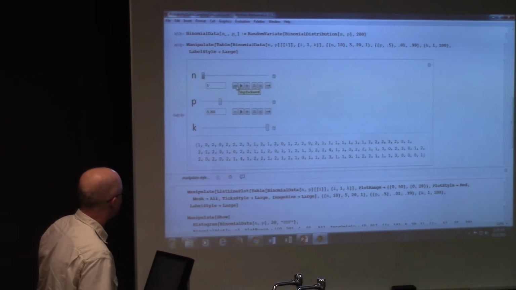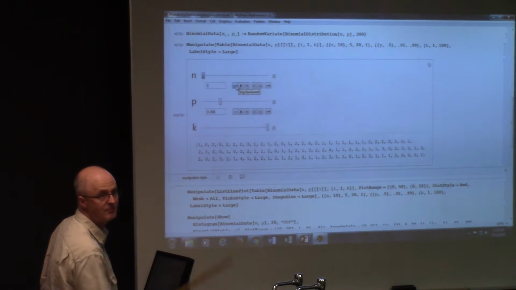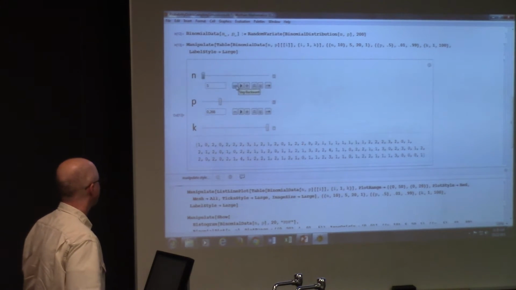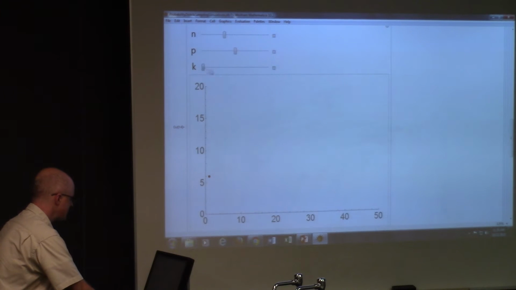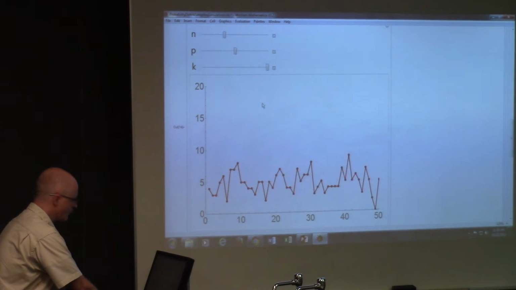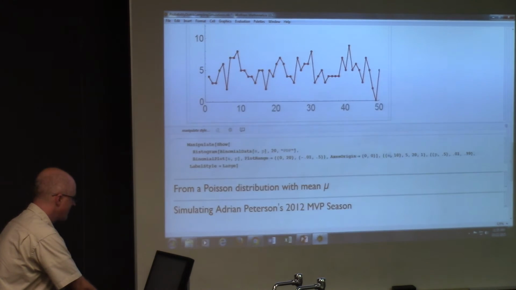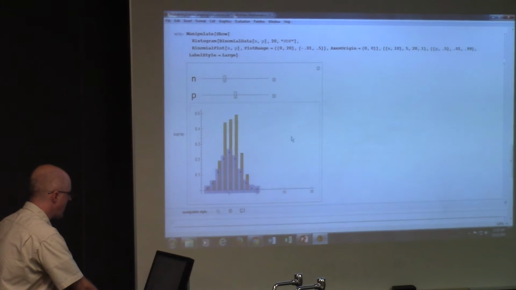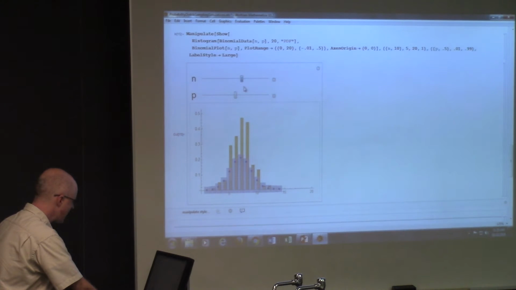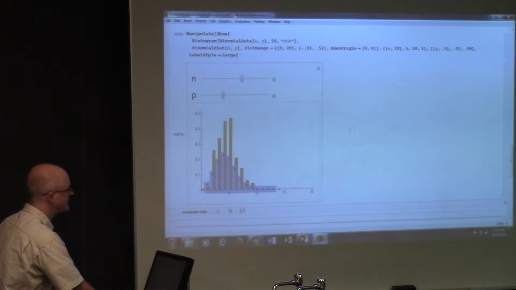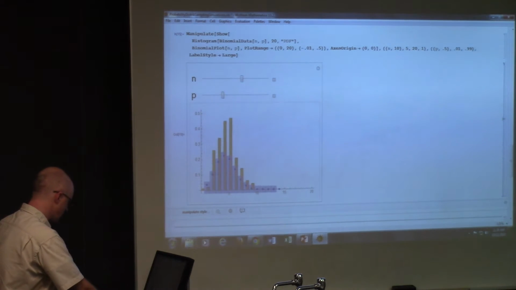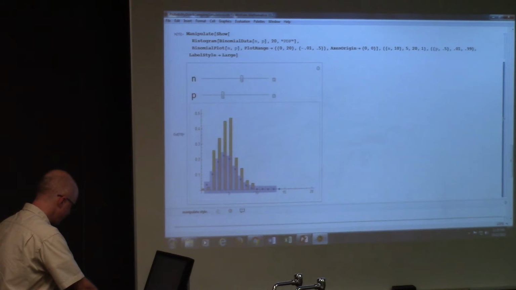And you could, for example, count how many games they went hitless by counting the number of zeros. You can make a graph like this one. Random scatter again. And I can make a histogram and show how the binomial distribution models it. The vertical scale here is not right. Actually, I'm a little confused by this because it looked right on my computer, so I'm not sure what I did wrong to make the vertical scale off on that one.